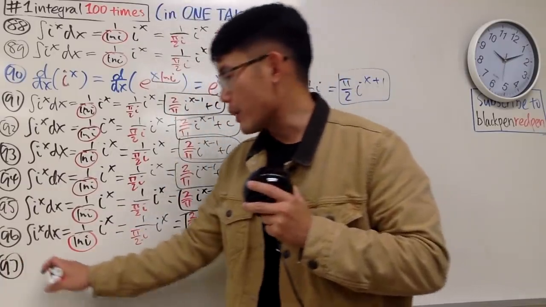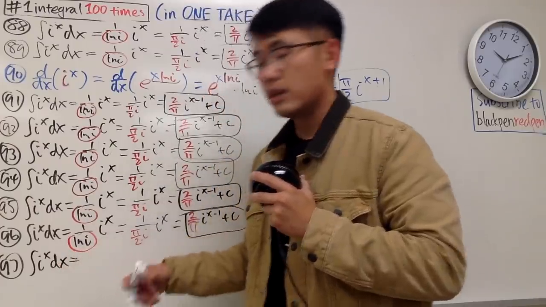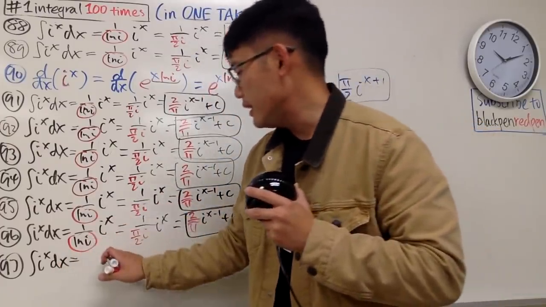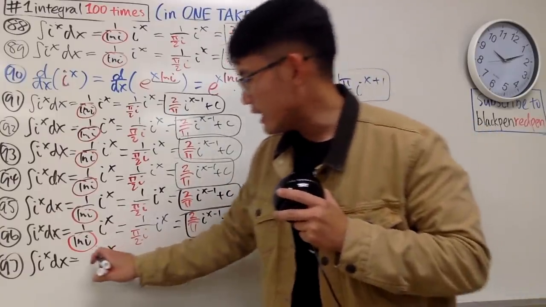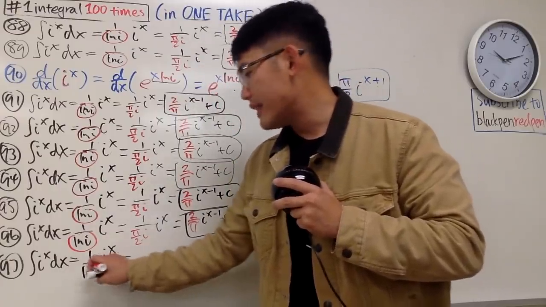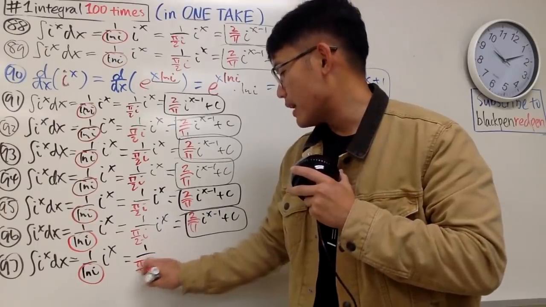We are going to be integrating i to the x power dx. How do I do this? Well, that's like e to the x. Just write that down, but the base is not e, so we have to divide it by natural log of i, the base. And natural log of i is pi over 2, so we have 1 over pi over 2i